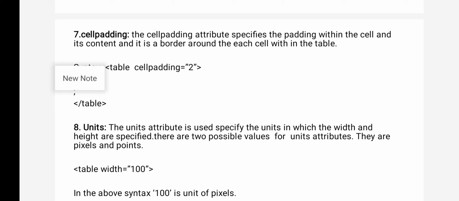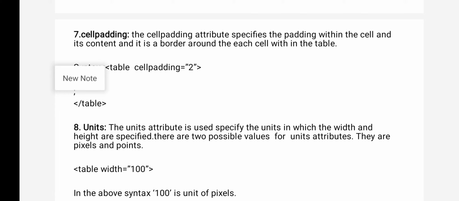For the cell padding I will give you one example. At home you have a balcony, and around it there are edges and a railing. The distance between that railing and your home door, that is called cell padding. It is the distance between the content and the walls of the cell.